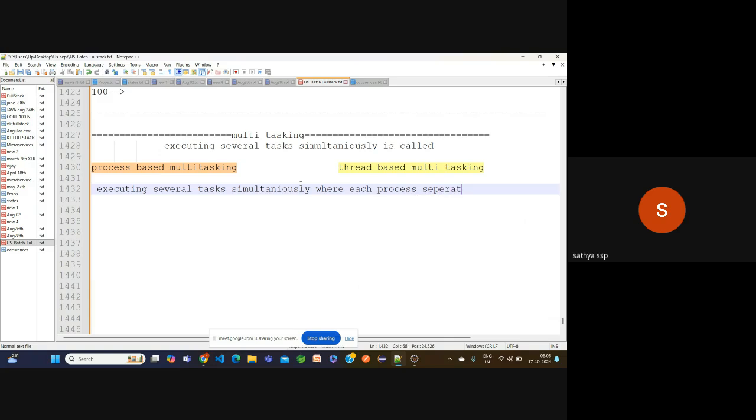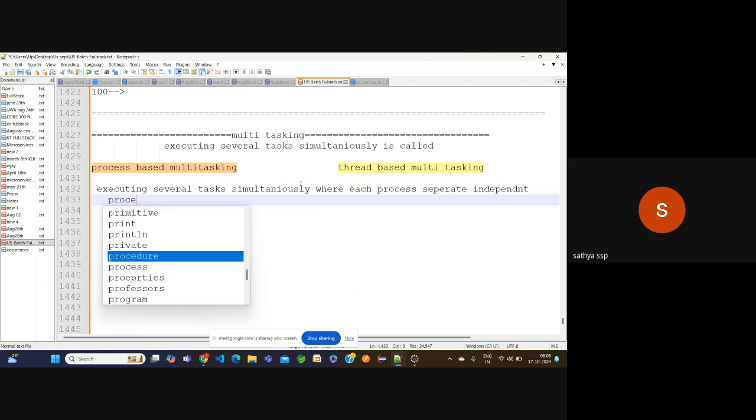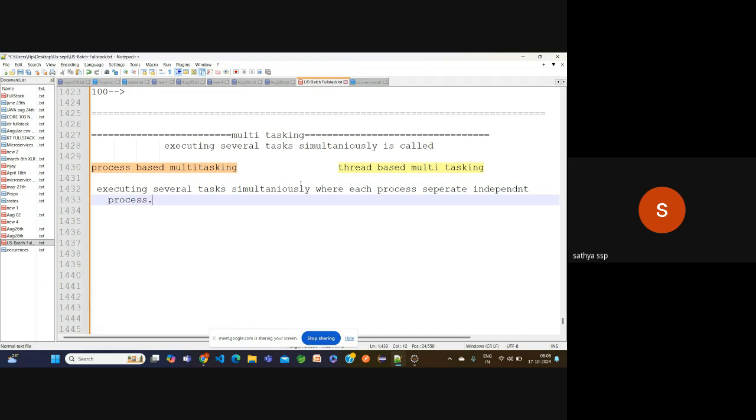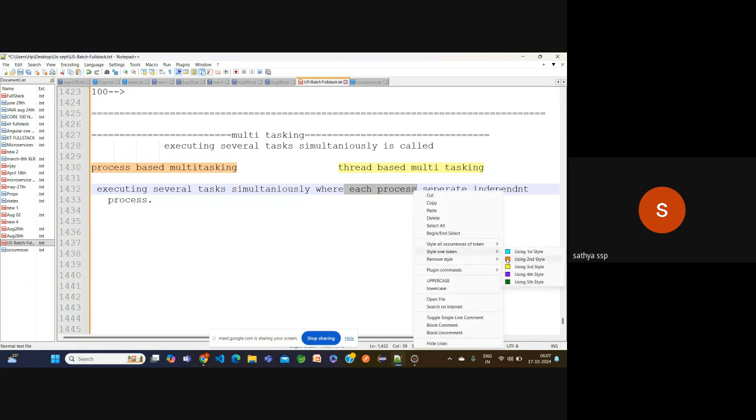This type of multitasking is called process based multitasking. Observe here: executing several tasks simultaneously, where each task is a separate independent process. Simply, we can call this process based multitasking.